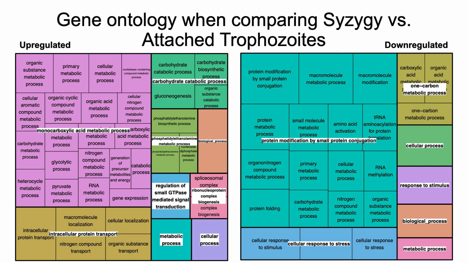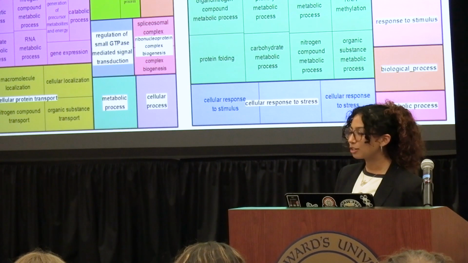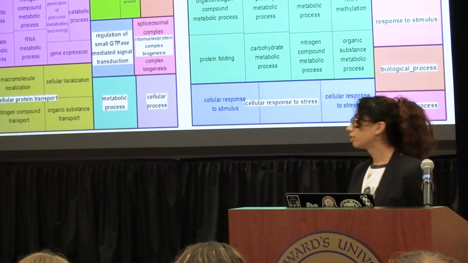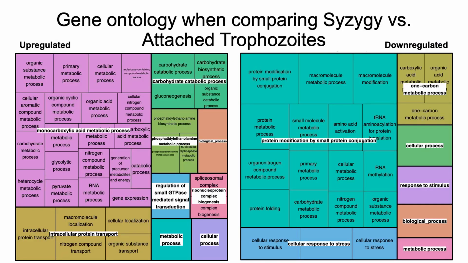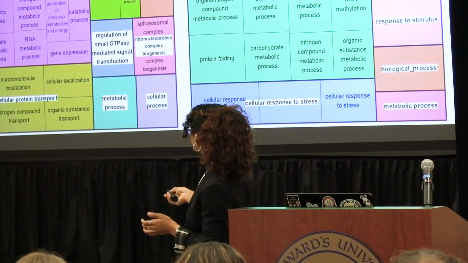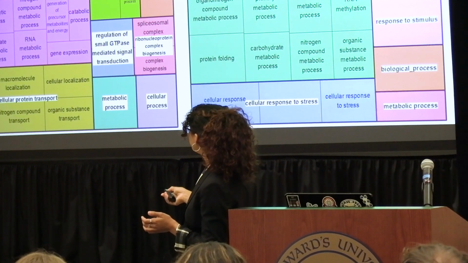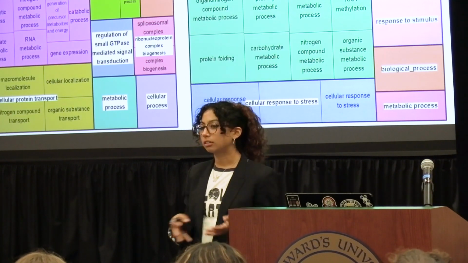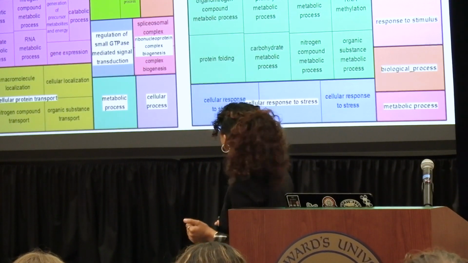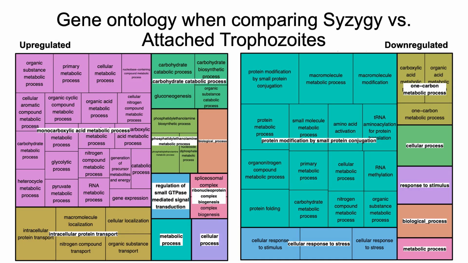One of the ways in which we did this is gene ontology. Now, gene ontology is a way to categorize gene expressions into generalized groupings. So here we see tree maps, which have subcategories for each of our gene expressions, labeled in the smaller boxes with the black labels. These are also paired in larger, even more generalized gene expression groupings that have the white background with them. On our left, we have our upregulated genes, and on our right, we have our downregulated genes.